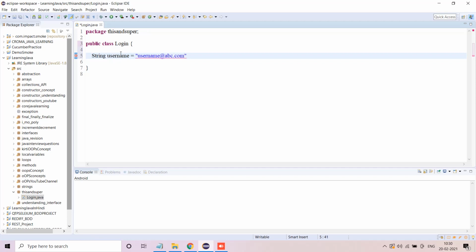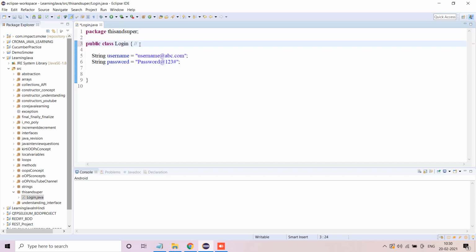This is just for example. And I'll keep password as, let's say, password@123#. So that's it. I'll not do anything else in this login class.